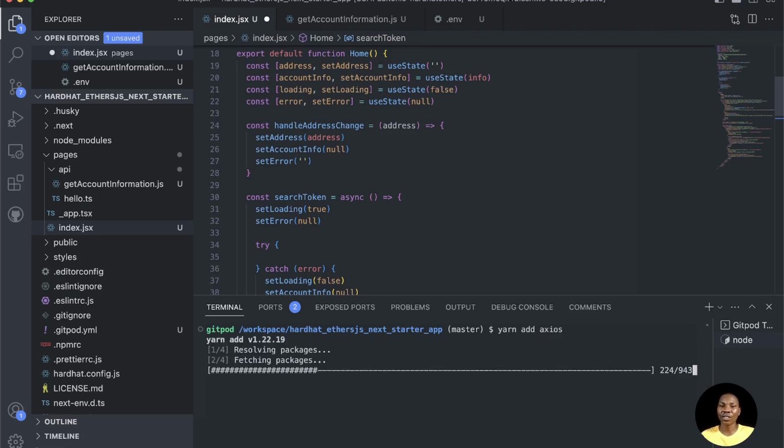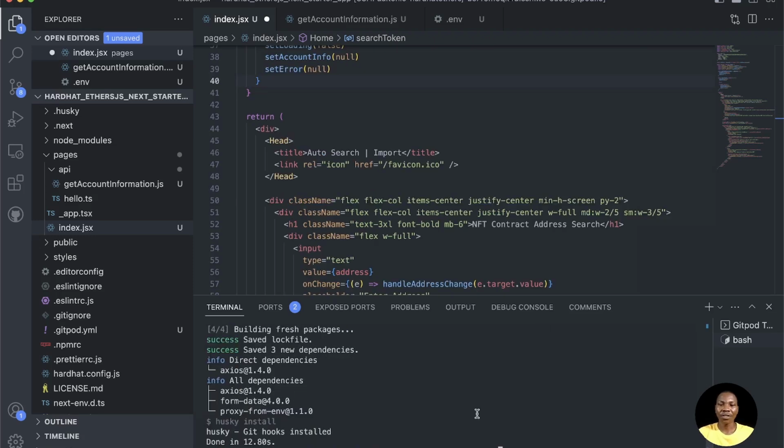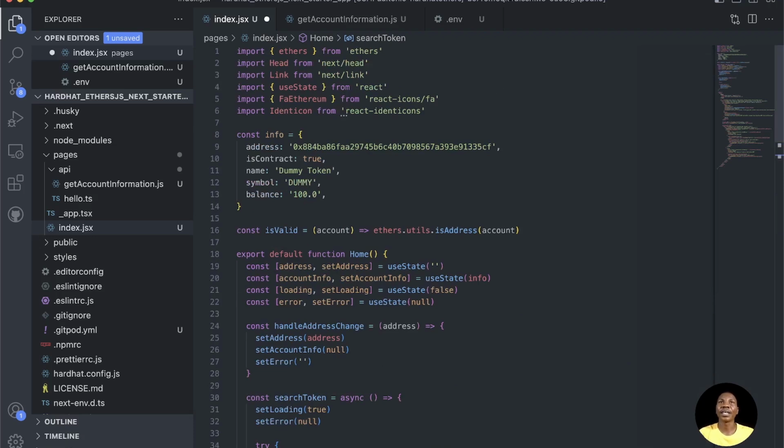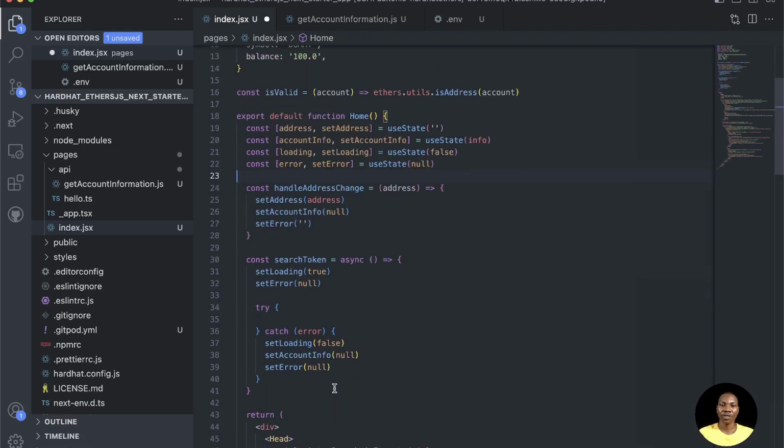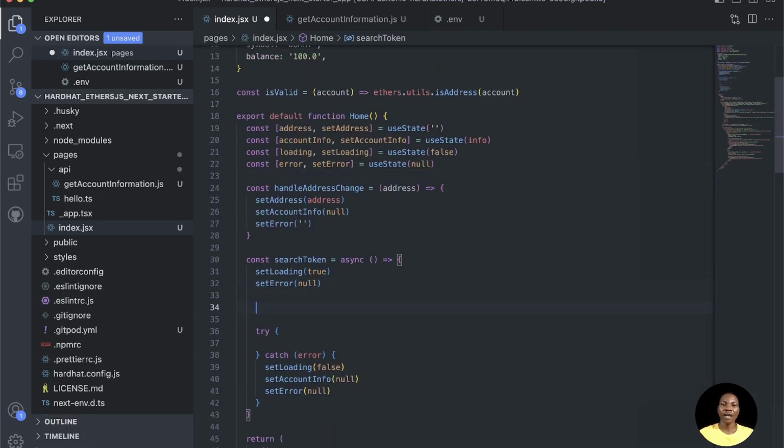All right, so Axios is installed, and now that it's installed, we can import it and start using it. So jumping in here, after I set this loading to be true and error to be null, I could now say const response. I'm going to await